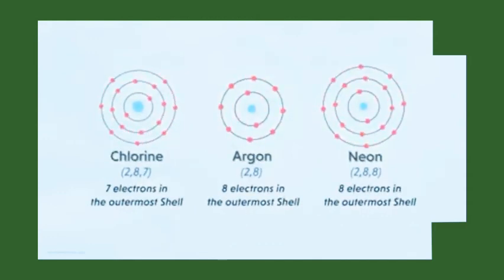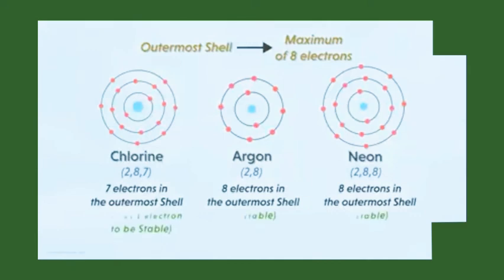Similarly, for all the other atoms having more than one shell, it's obvious that they will wish to have 8 electrons in their outermost shell. And why is this so? That's correct. It's because the outermost orbital of any atom can accommodate a maximum of 8 electrons in it. That is the reason why all the atoms of various elements are in a constant struggle of attaining 8 electrons in their last shell. That is, achieving the octet state.